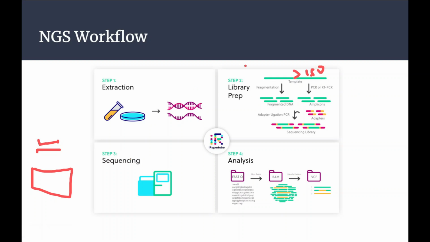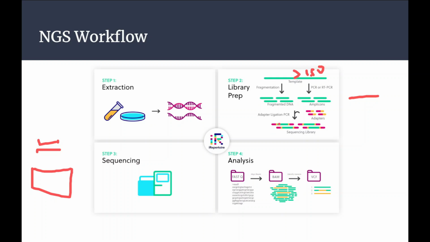After extraction, we go for library preparation, which is basically doing the fragmentation and adding some things to the reads. The fragmented DNA that we are going to send for sequencing, in biological terms in the NGS workflow, we call a read. This is one read. At the end of the read, we are going to add a couple of tags. We will discuss the usefulness and importance of these tags in the upcoming slides. But as of now, just know that the green part is your reads or fragmented DNA, and we are going to add the adapters, barcode, and a lot of other information.